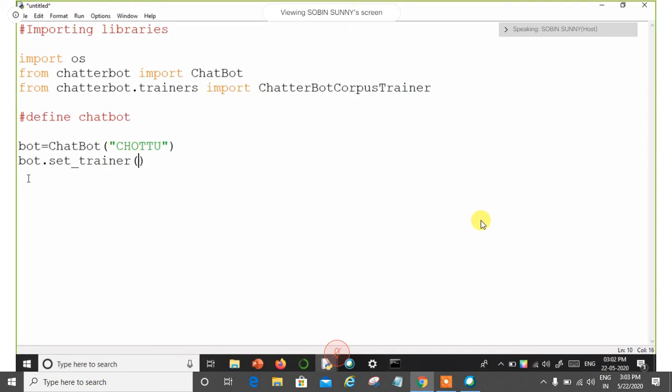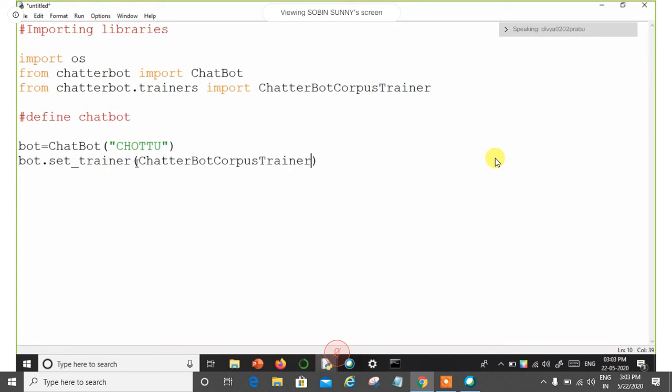Now, what is training? Like I'm training you people now, right? I'm training you on chatbot because you are new into this particular field. So I'm your trainer now, teaching you about the chatterbot. Similarly, this chatbot doesn't know anything about conversation, how to greet someone or how to respond to someone's messages. So by setting the trainer, this trainer with its algorithm, this Chatterbot corpus trainer with the pre-built, already written program, starts training.